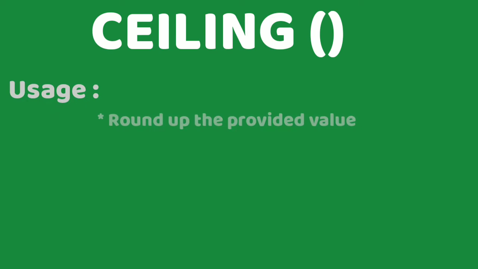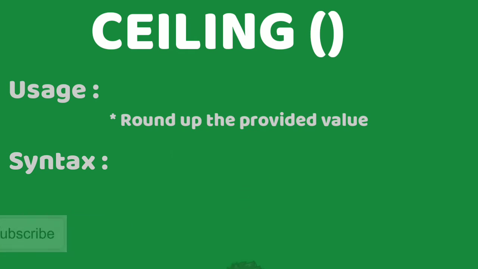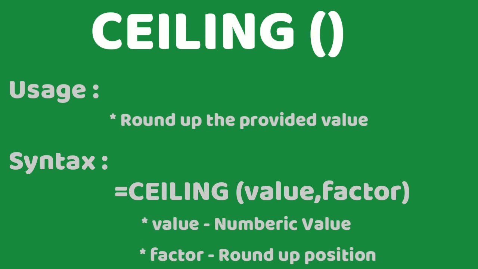The CEILING function is one of the powerful functions when you're working with mathematical operations, and it means rounding up the value provided in the cell. The syntax of the CEILING function is equal to CEILING, open the braces, value, comma, factor. Here the first parameter, value, refers to the numeric value that we are going to provide, and the second parameter refers to the